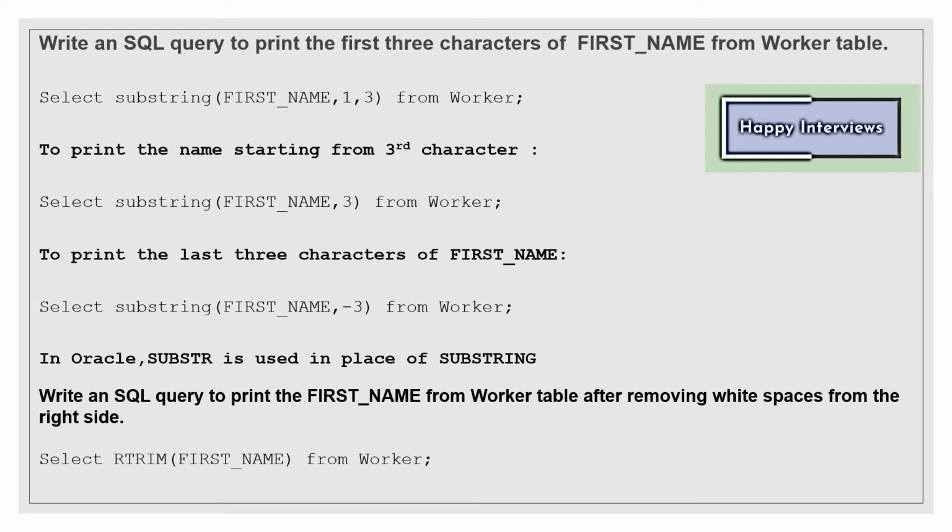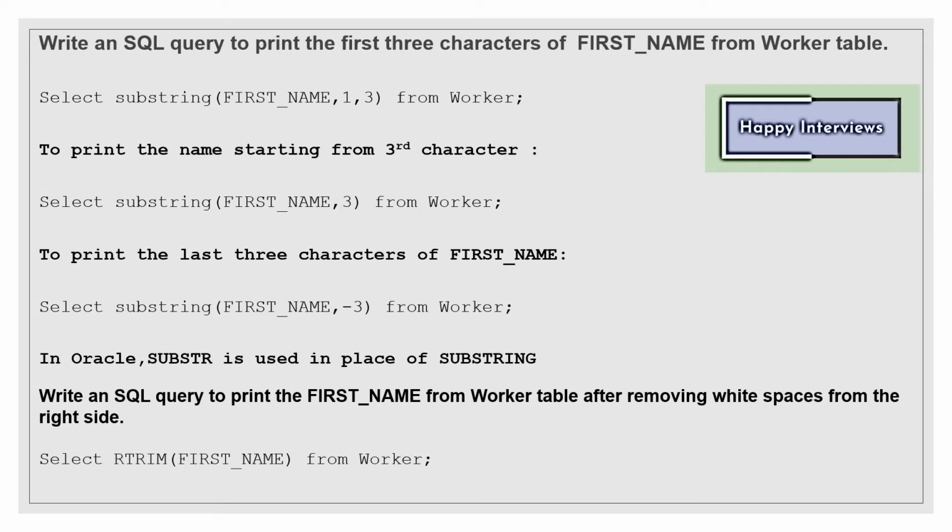Then to print the name starting from the third character. In the last query, what you saw was that we had to start from the first position and go up to the third position. If we want to start from the third position, then in place of 1 I will write 3, and if I want to print the name up to the end, then I will not give any end position. Automatically it will go up to the end of the character string and print up to that. So if we want to start from the third character, I will give only the starting position, that will be 3, and I will not give the ending.